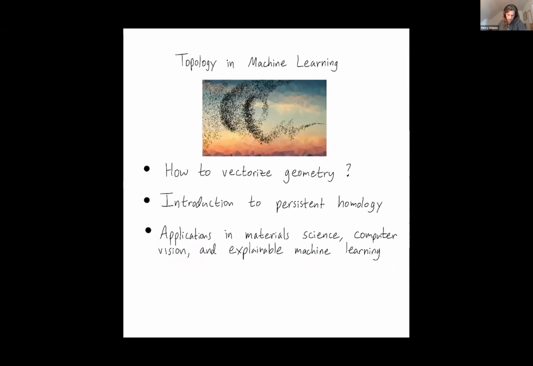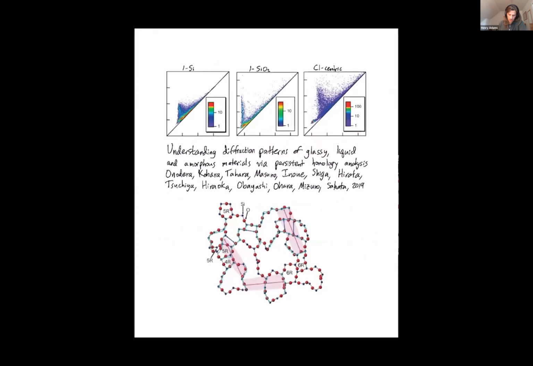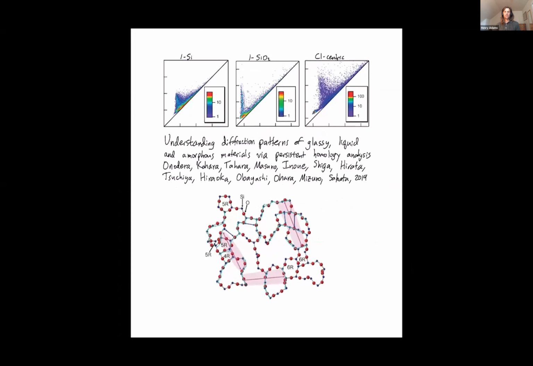I now want to move to applications in material science and point out how this vectorization that represents geometry can be useful in explaining why a machine learning model is making one prediction versus another. I'll start in material science. Folks have used this on a lot of different data: glasses, near-periodic formations, metals obtained by ion bombardment. Whereas this has been used on real materials, I'll describe things on a synthetic example.